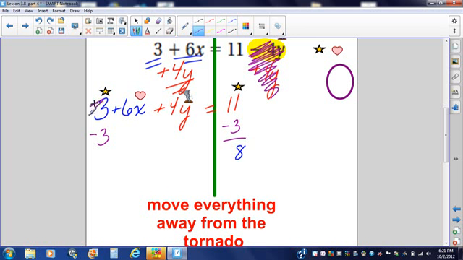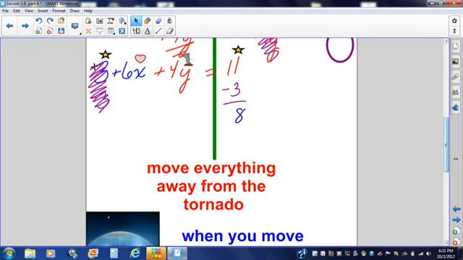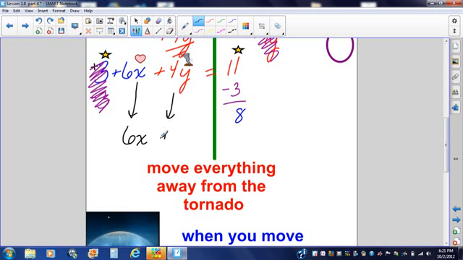These cross each other out. Now, I am going to rewrite my equation. I have 6x plus 4y